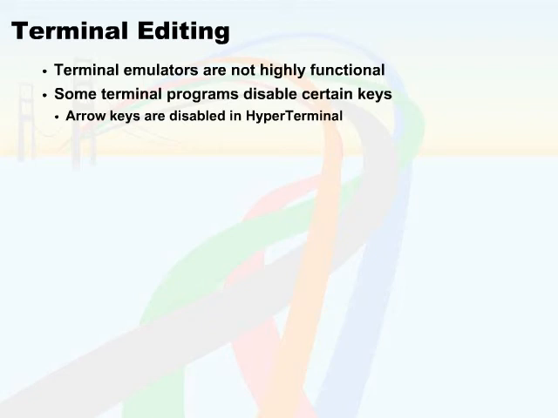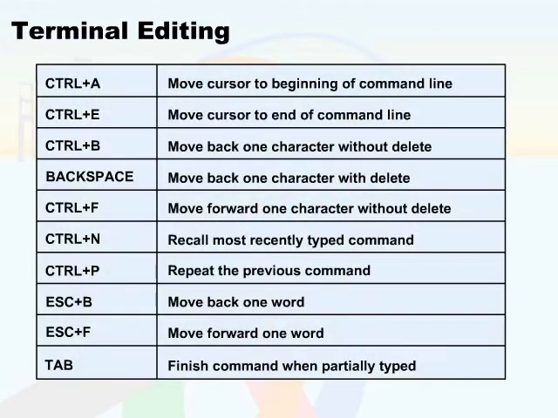One good thing about Cisco is that it provides a bunch of editing commands, which allow you to move around the command line pretty easily. You can see here that most of these commands begin with the Control key. Control A will actually move you to the beginning of a command line, where Control E will move you to the end. So A for the first letter of the alphabet and E for the end